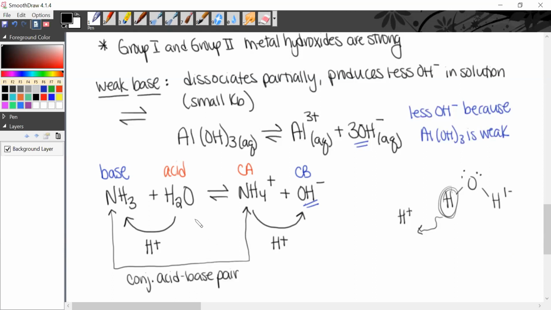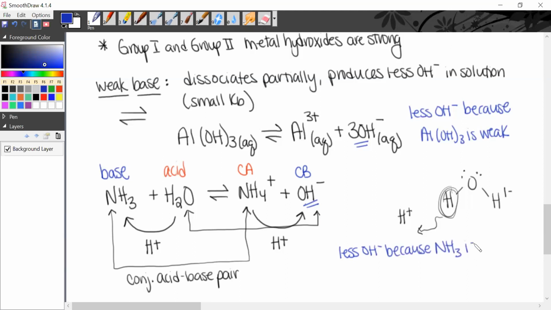And the water with the hydroxide, that is your other conjugate acid base pair. And just like the aluminum hydroxide, because NH3 is a weak base, you're not going to get a lot of OH minus, okay? You're going to get kind of a little bit of OH minus because